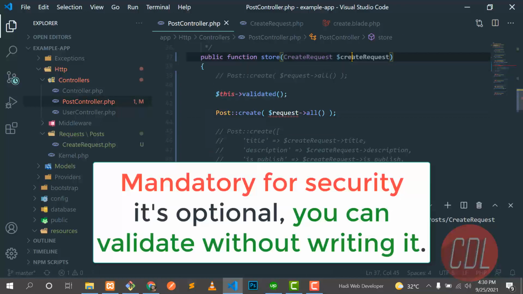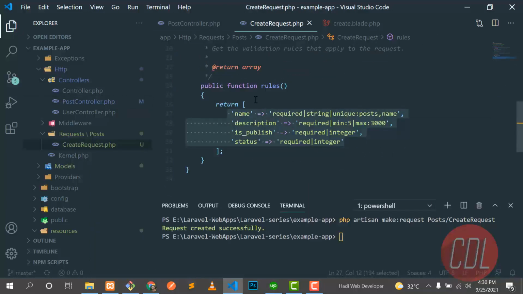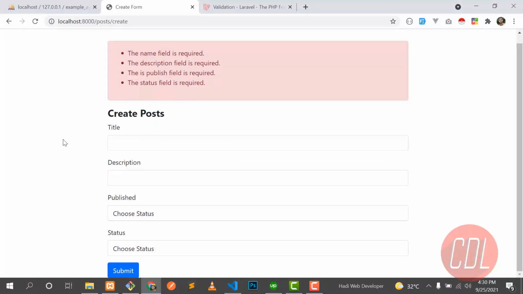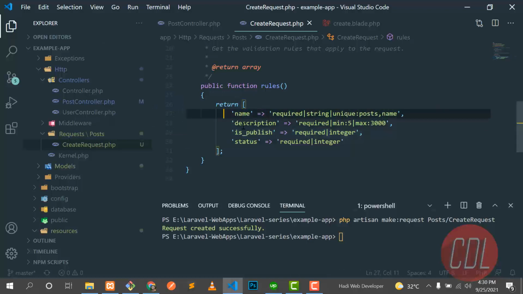Why is it mandatory? Because it validates that in the create request you passed 4 parameters, so it accepts only these 4 parameters. If a user appends any text field from the inspect element, it will not validate this request and will not accept this request.